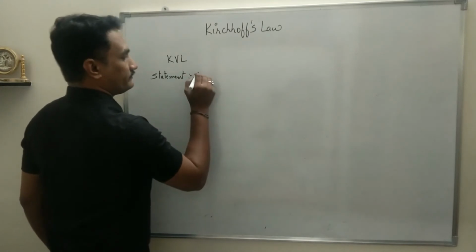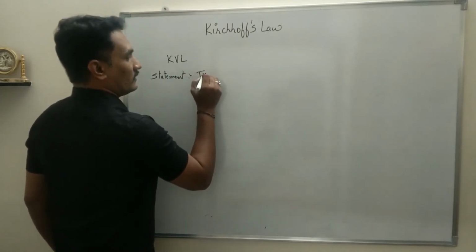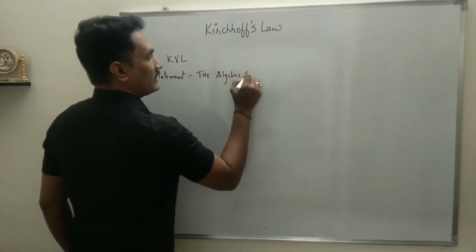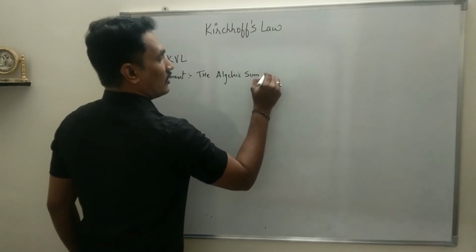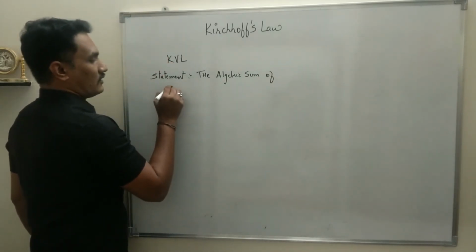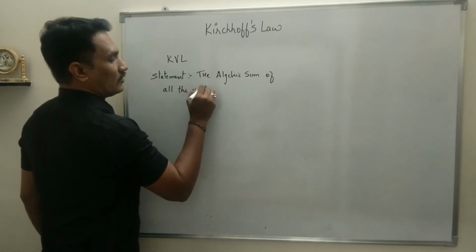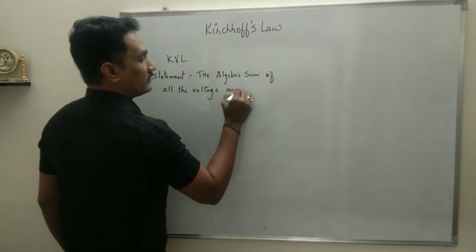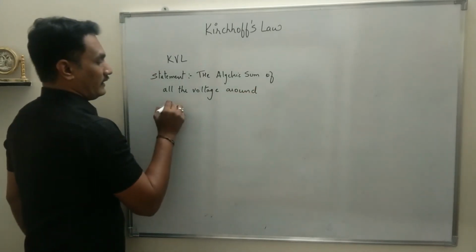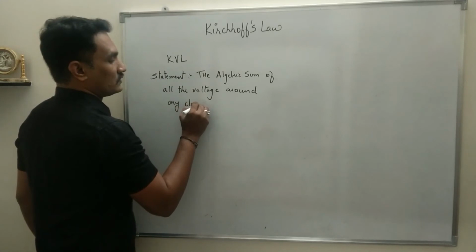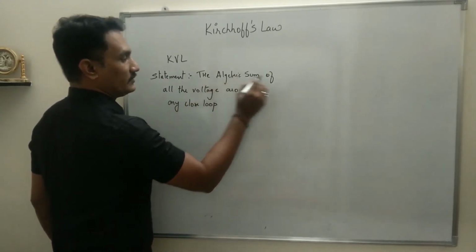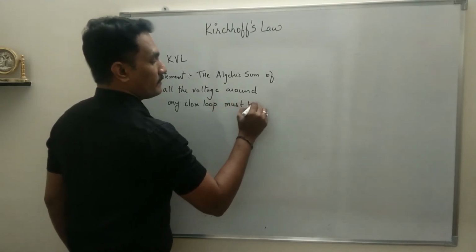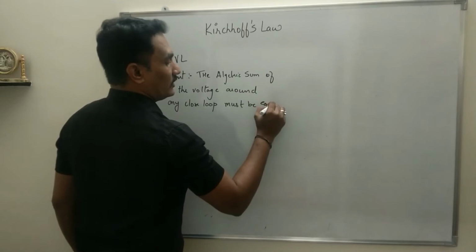It says that the algebraic sum of all the voltage around any closed loop must be equal to